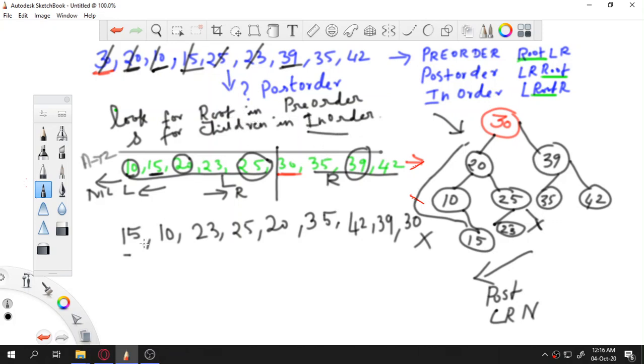So finally we have got the answer. This is the final answer. This is the post order conversion of the given pre-order expression. Hope this will be clear to you, and thanks for watching.